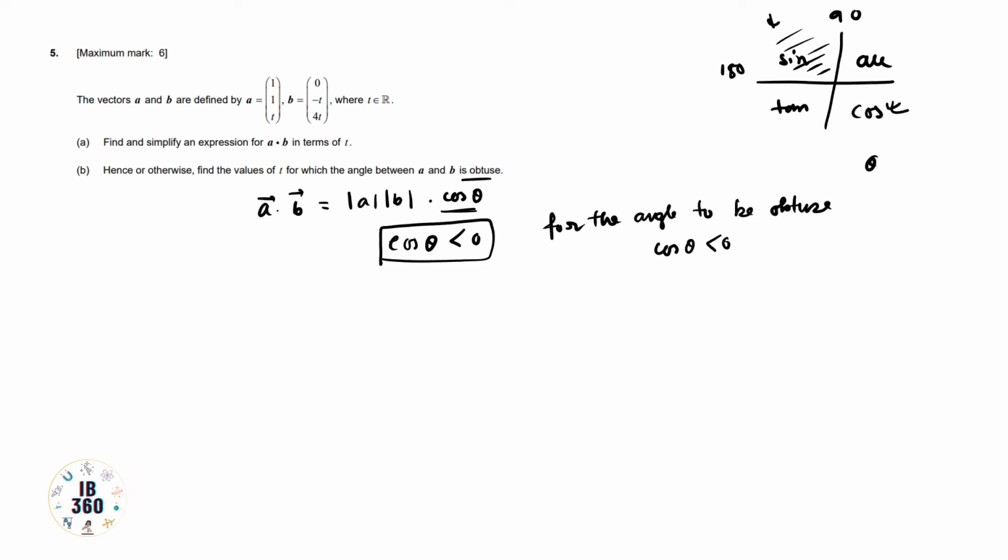Now the thing is, cos theta is negative. See this particular equation. Here we have written one formula, that is a dot b is equal to mod a into mod b into cos theta. Now mod a into mod b, these two will be positive and cos theta is negative. That's why the complete multiplication will be negative.